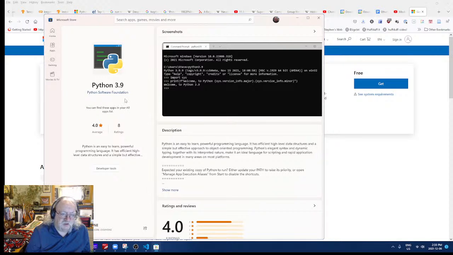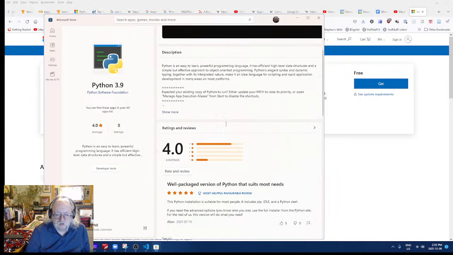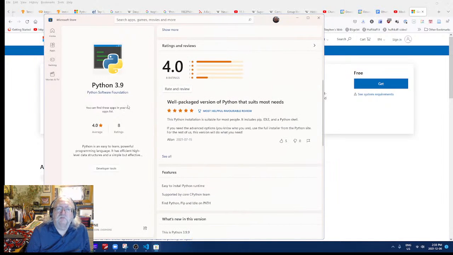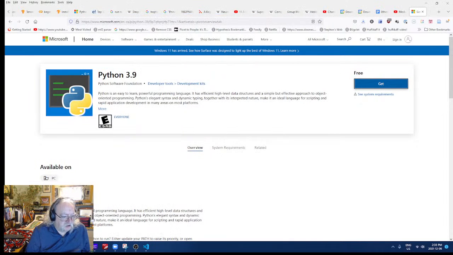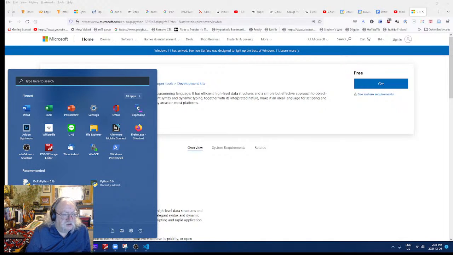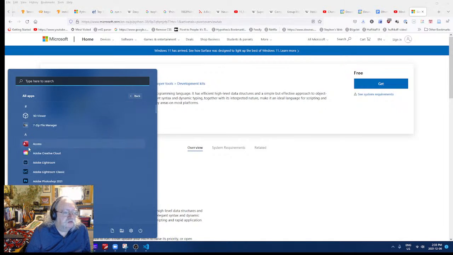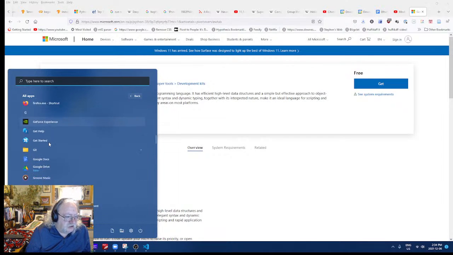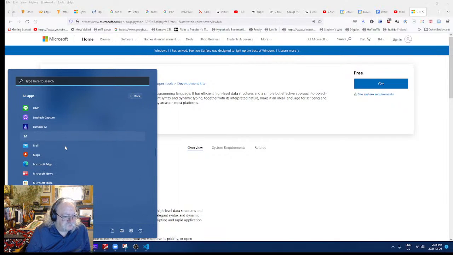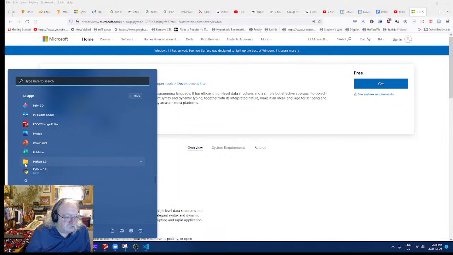You can find these apps in your All Apps list. Okay, so it should be installed. See my All Apps list. Oh, there it is. Looking for Python in my All Apps list. I don't like question marks. Okay. Python 3.9 new.